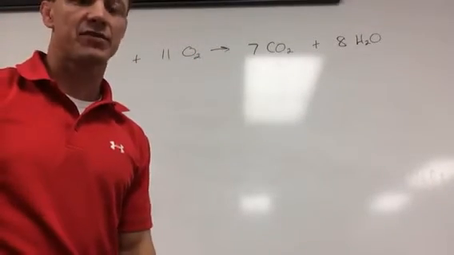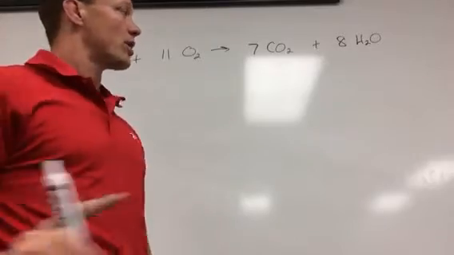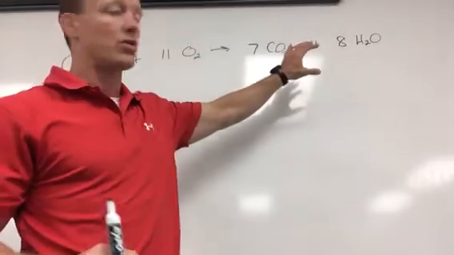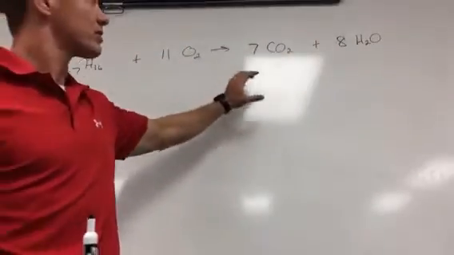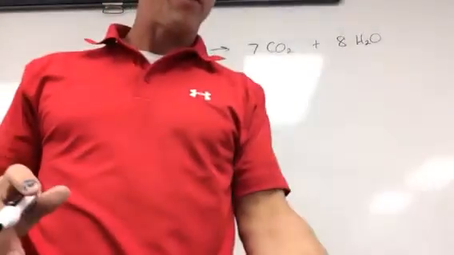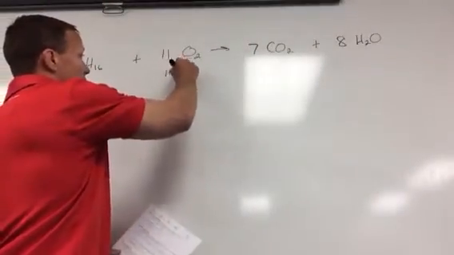Questions 5 and 6 of your review are percent yield questions. So remember, whenever we're doing percent yield, we're wanting to know what is the percent yield of one of the products. So given a certain amount of one of the reactants, what is our percent yield of one of these products? In this case, number 5 is saying if a reaction was done that had 150 grams of oxygen,